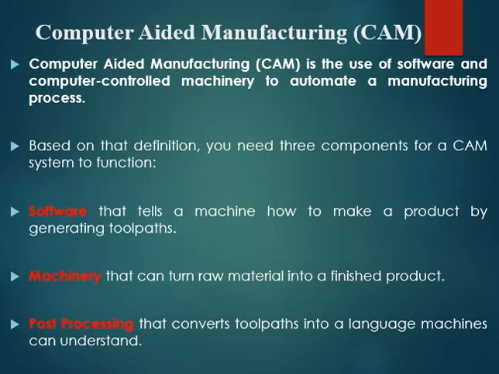Software, we already discussed some CAD software and CAM software in the previous slide. Here the software is why we are using CAM software: it is used to generate the tool path. The tool path is based on the profile shape of the object. For that we need the CAM software. Next, the second element is machinery. What is the purpose of the machinery?